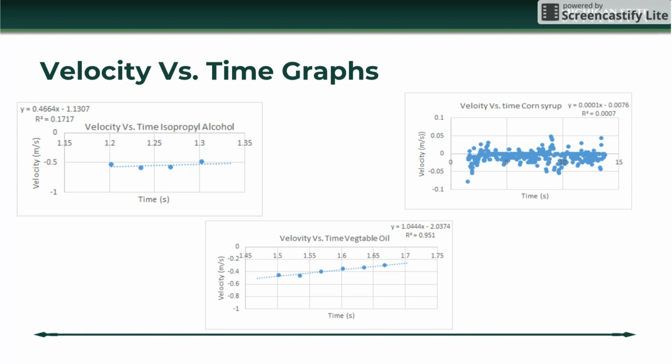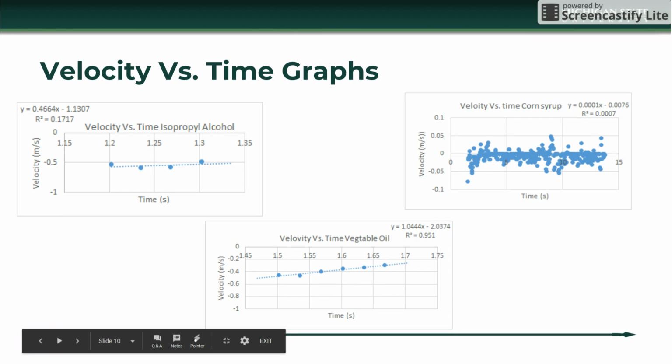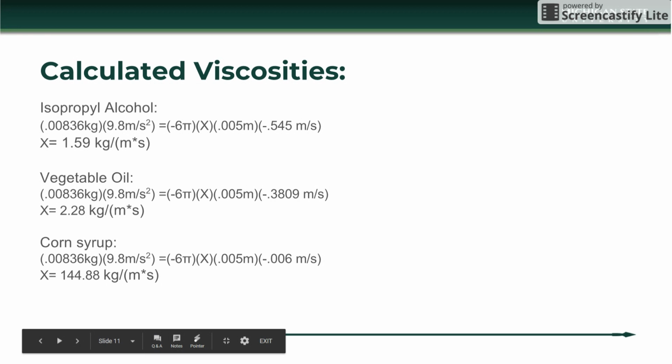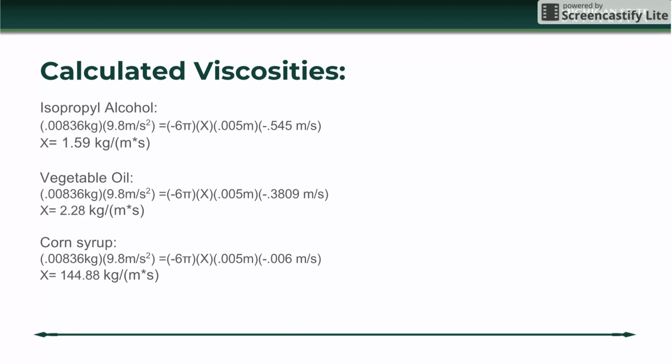These are velocity versus time graphs. Notice how they are almost all linear. The velocity versus time graph for the vegetable oil is pretty linear. It just has a smaller scale than the velocity versus time graph for the isopropyl alcohol. And the slopes from these graphs are the acceleration, which are very near zero, indicating that there is no net acceleration, no net force. These are our calculated viscosities, our largest being the corn syrup at 144.88 kilograms per meter per second,